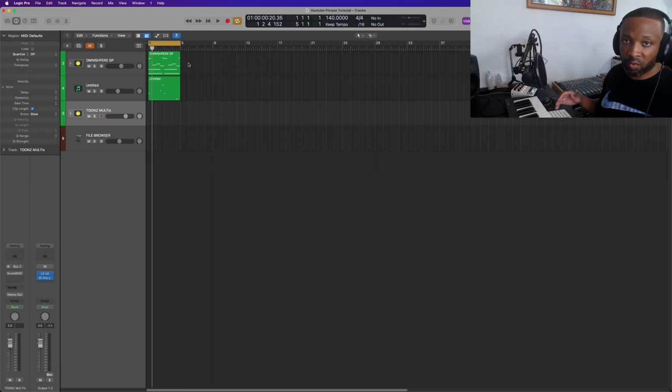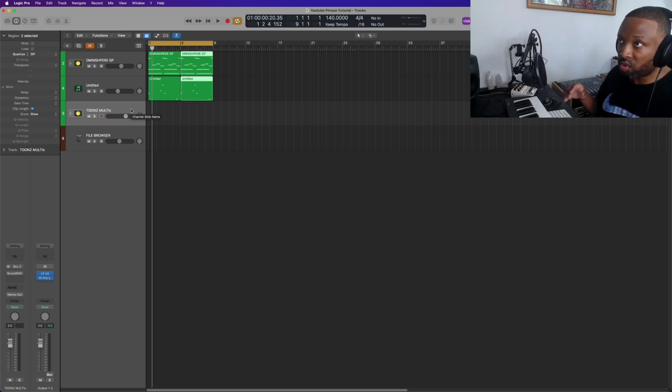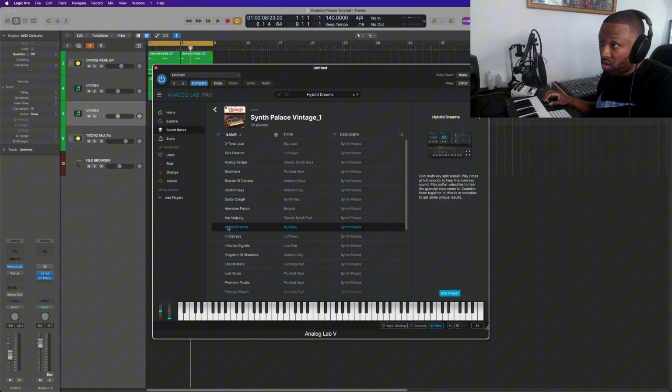So I'm happy with what I've got there, and I do want to add just one more sound. I feel like it needs something in the lower octaves to give it the body it's missing. So I'm going to find another one shot or a preset. I found this preset called Hybrid Dreams. Now it's from this sound bank called Synth Palace